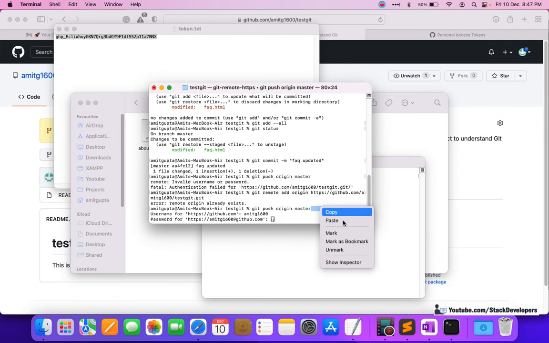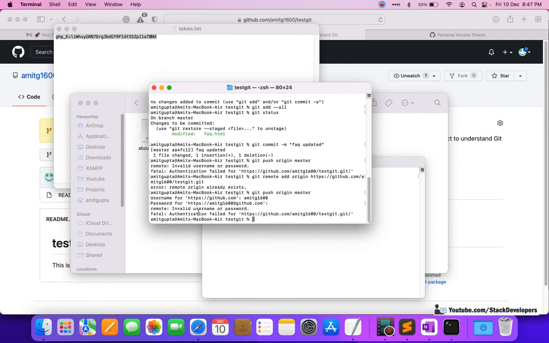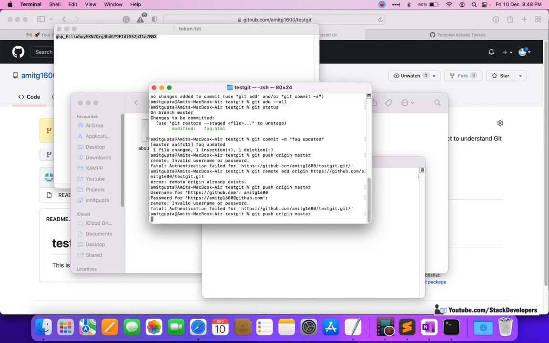So you need to remember the process. Initially it looks tough, but now it is done. I think it is still saying okay. Amit G, password for this one failed. Okay, we will check once again. Amit G1600. We will try once again.